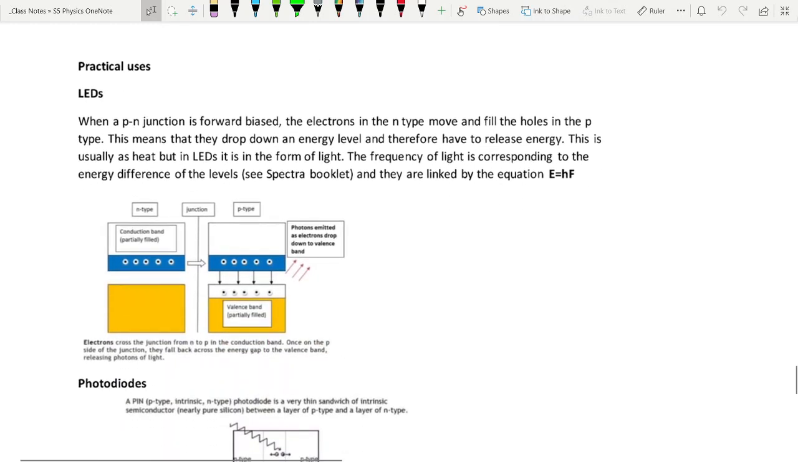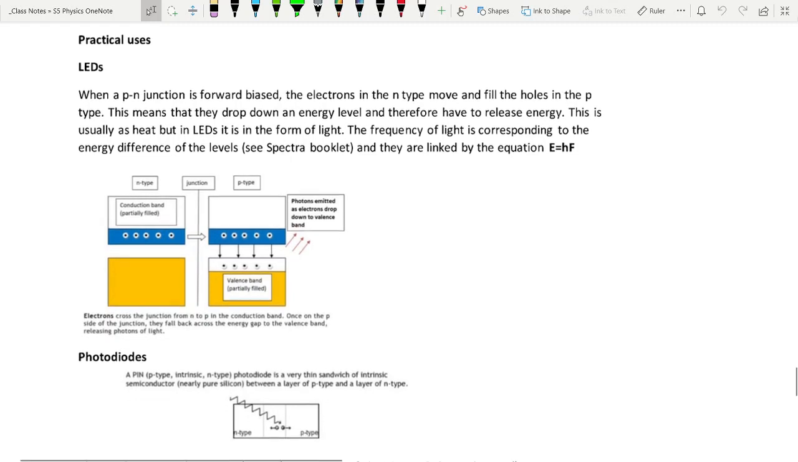And last page of me talking. Practical uses, LEDs. There was a question on LED on the particle and waves revision test I made you do, so some people were not sure how to do that, and some people did well. So, when a PN junction is forward